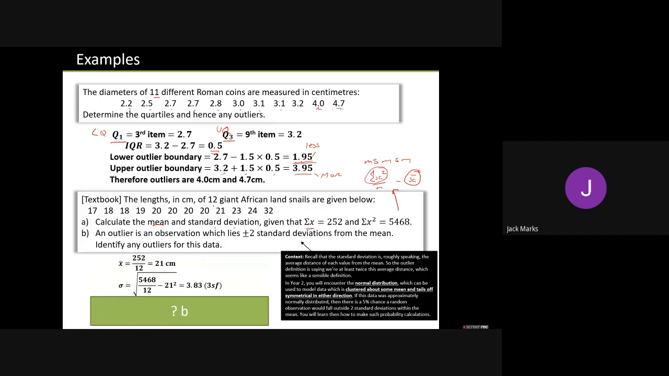But why is this question coming up here? Because we can use outliers with this. So you're being given an alternative definition for an outlier. Here it says an outlier is plus or minus 2 standard deviations from the mean. Well, the mean is 21. The standard deviation is 3.83. So according to this new definition, we have 21 plus or minus